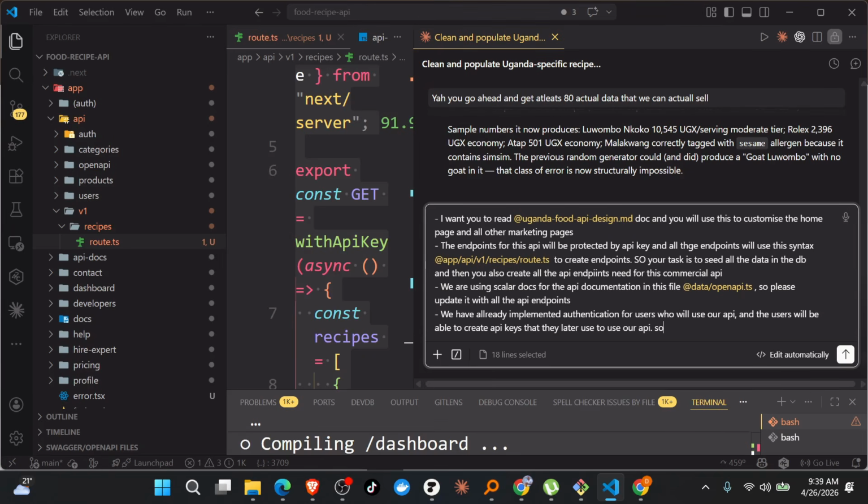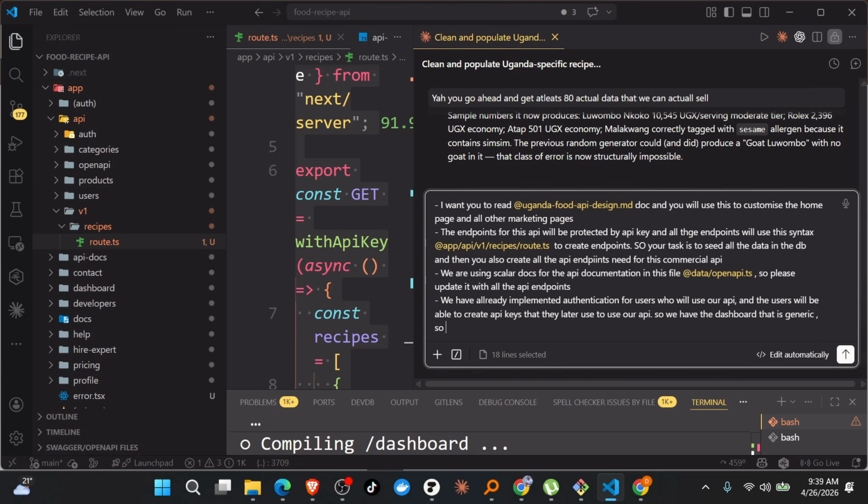So we have the dashboard that is generic. So you need to create the dashboard pages, like the API keys area or page,